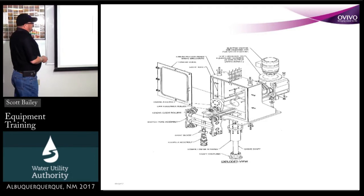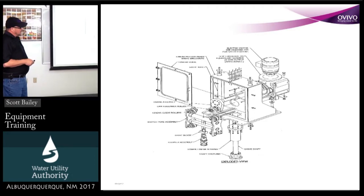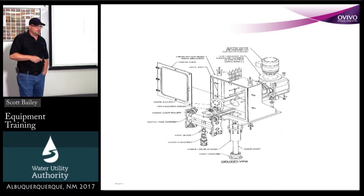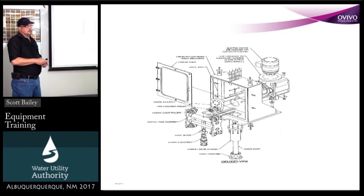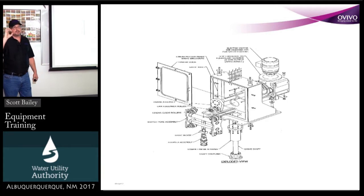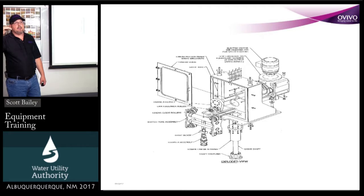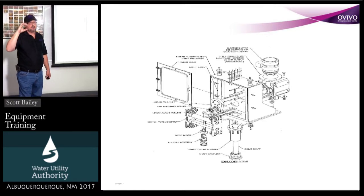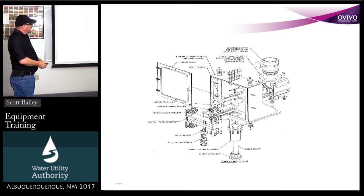So here's your housing assembly that's up on top. You have your motor there. The motor's got a grease port up on top. One there. Here's your gearbox assembly here, your gear reducer. On this back corner right over there, there is about a 50-size sight glass to be able to check your oil. It should be half of that. Half of that sight glass will be minimum and maximum. You only got like that much, but